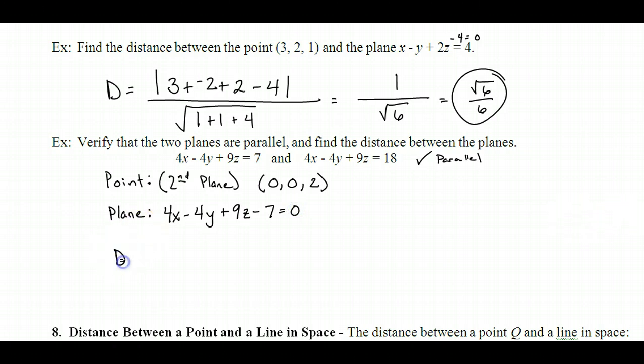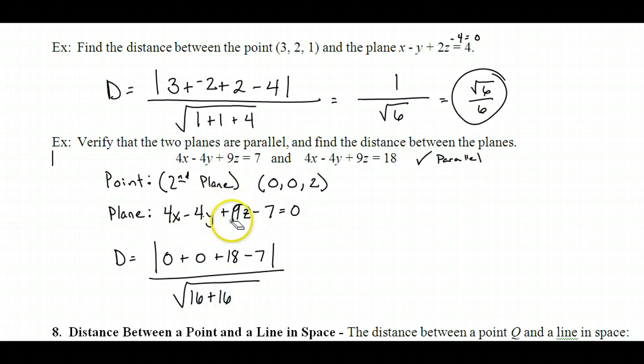Therefore, our equation, the distance, it's the absolute value, I have 4 times 0 is 0, plus negative 4 times 0 is 0, plus 9 times 2 will give me 18, and then I needed that plus d, so minus 7, divided by the square root of a squared, so there's 16, plus b squared, that's 16, plus c squared, that's 81,